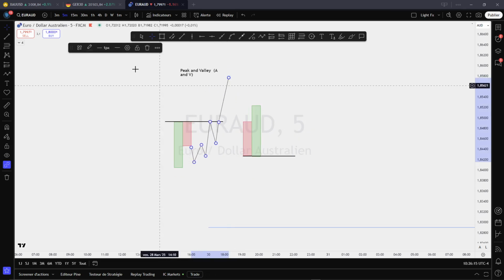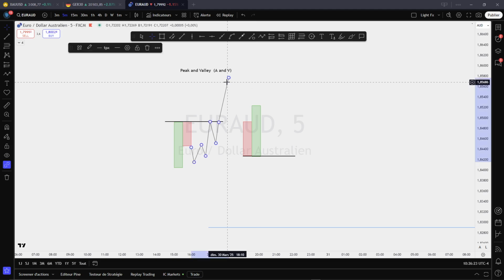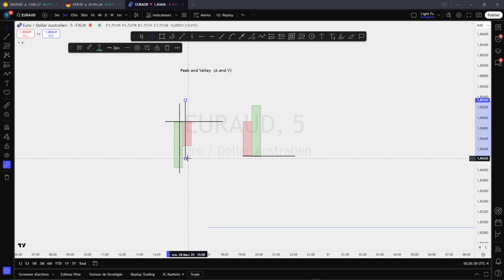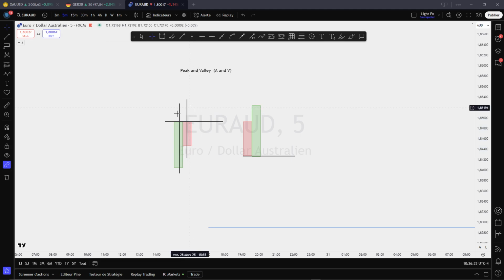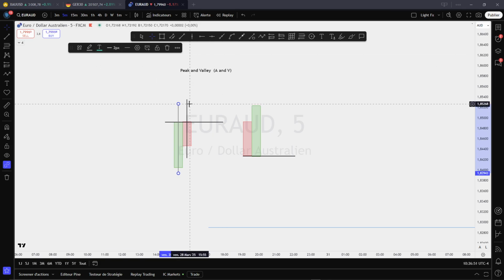So the A level and the V level, the peaks and valleys, you can see how they react on the chart, but you are not considering the wicks. The wicks are something else, another subject for another day. What I'm saying here is you mark the levels according to the close and the open of the body, not the wicks. And when price reacts to the level that you marked, you will see how price behaves, and then you can anticipate a reversal or a continuation.